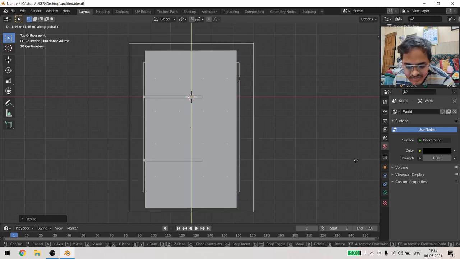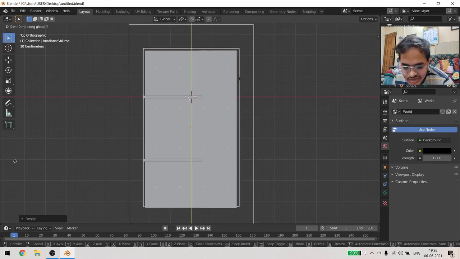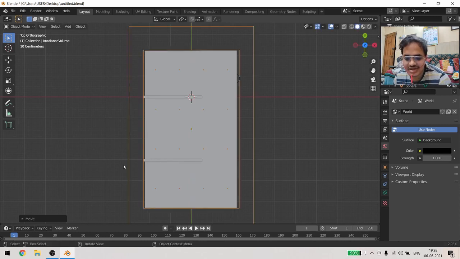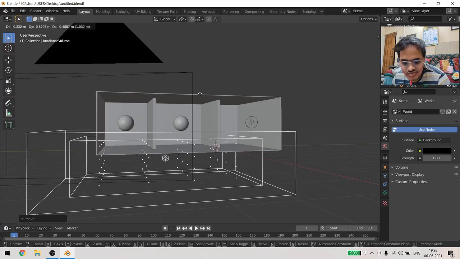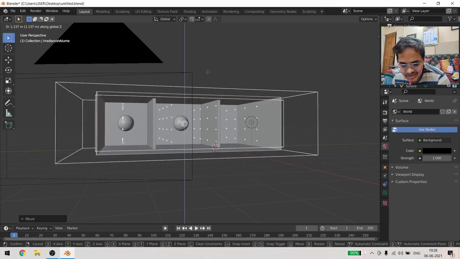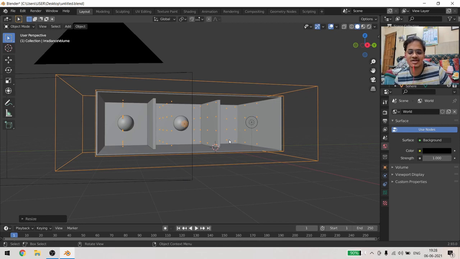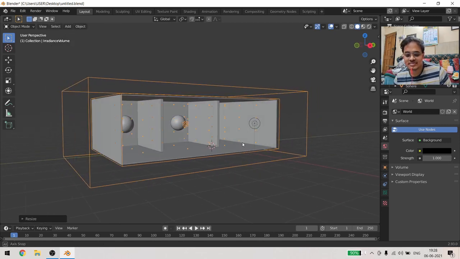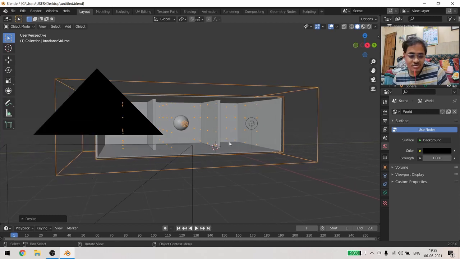G to move it, G and Y to move on the Y axis. Then G, grab it, and Z axis, scale it. Now I have completely engulfed the room with the irradiance volume.